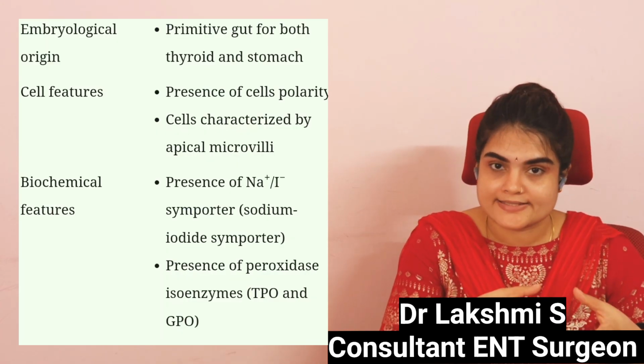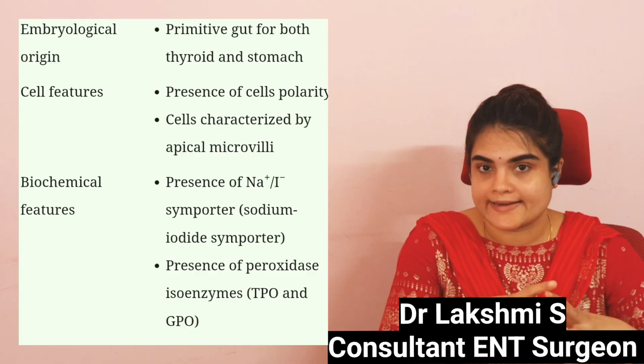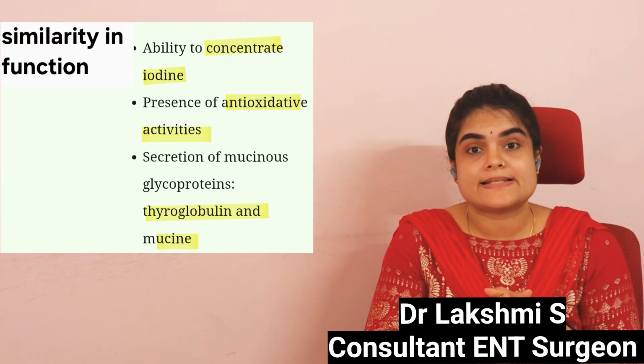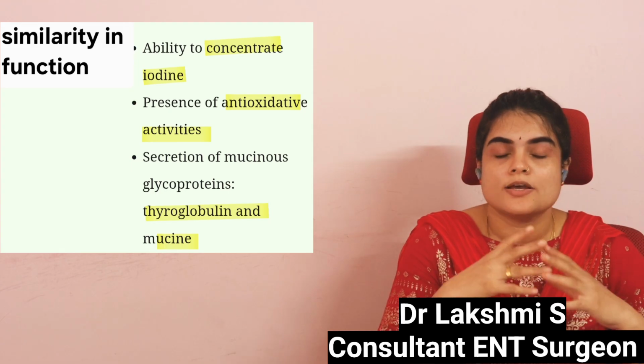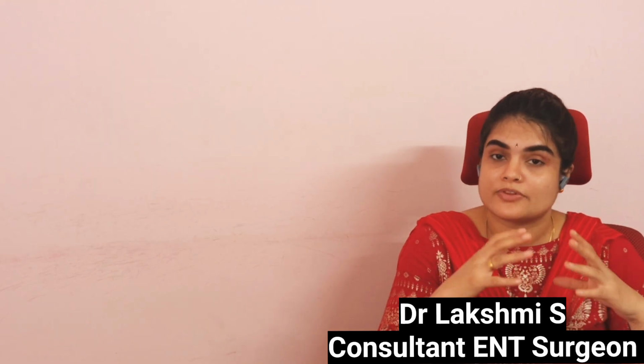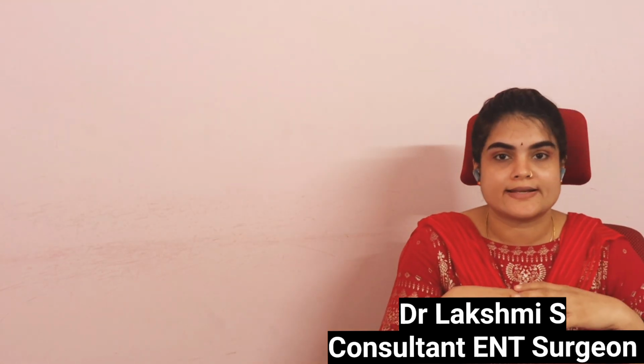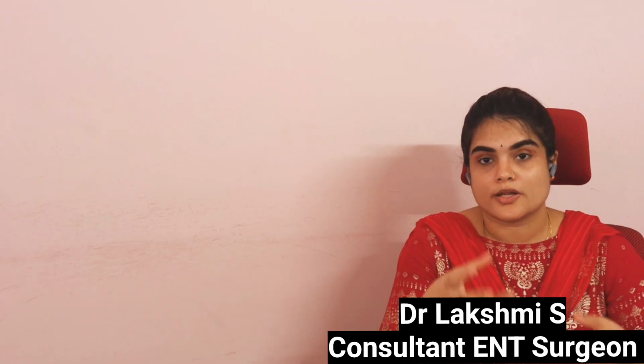They also have polarized cells. Both of them depend on iodine for their function. Both cells have sodium iodide symporter. They also have cells with microvilli. So there can be simultaneous destruction of the parietal cells and also the thyroid follicular cells, causing chronic autoimmune gastritis